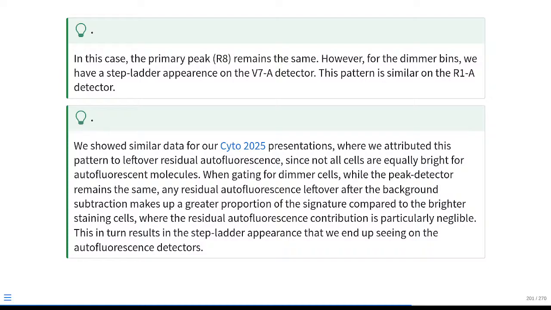So, back in our Cyto 2025 poster, and also the talk, what we ended up tracking down for this little step ladder appearance is this is likely leftover residual autofluorescence that ends up being incorporated in the signature. The reason for this little bit of leftover residual autofluorescence is that not all cells are equally bright for autofluorescent molecules to exactly match what we see for our autofluorescent signature. Some are going to be greater, some are going to be less, and then at that point, when you're getting on those dimmer cells,